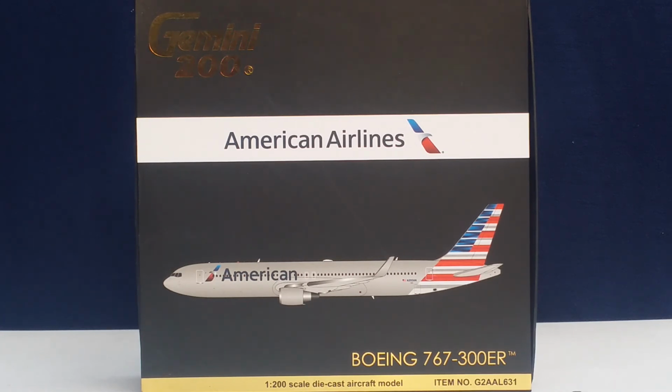American Airlines is currently the world's second largest airline when measured by fleet size, revenue, scheduled passengers, kilometers flown, as well as number of destinations served. And at the time of this video review posting, American Airlines flies to 350 destinations in 55 countries across North America, South America, Europe, Asia, and Oceania, with the largest commercial fleet in the world of 948 aircraft, which consists